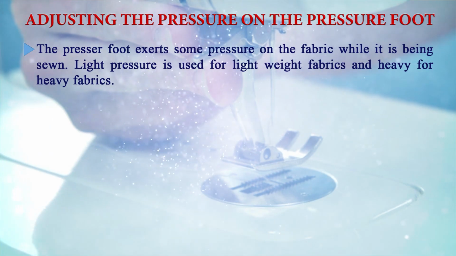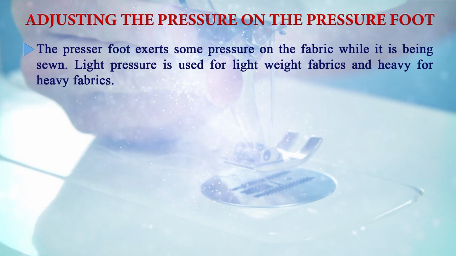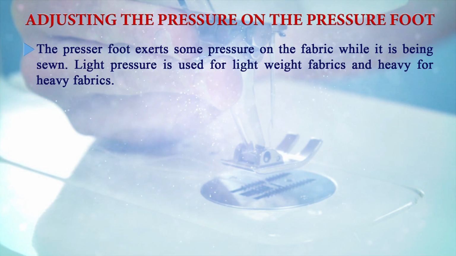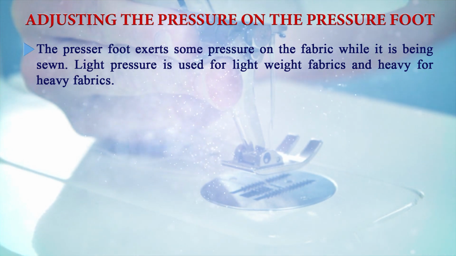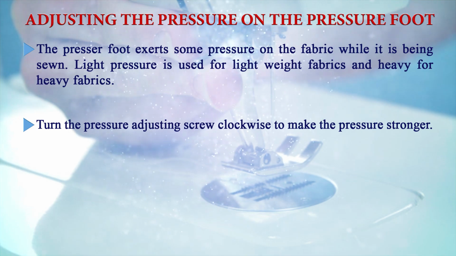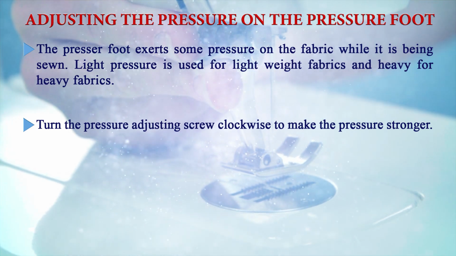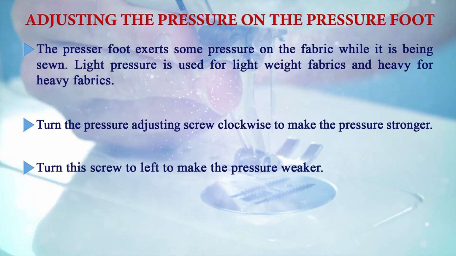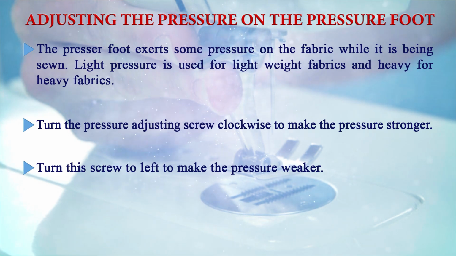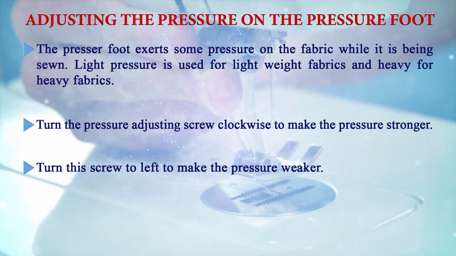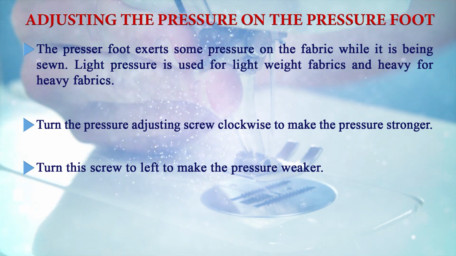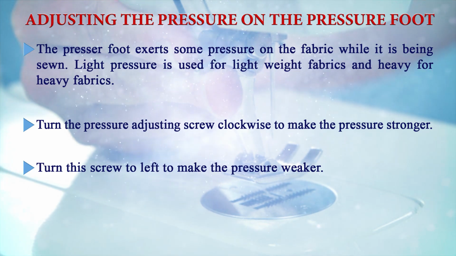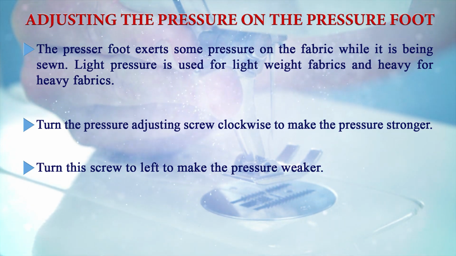The pressure foot exerts some pressure on the fabric while it is being sewn, and light pressure is used for lightweight fabric and heavy pressure is used for heavyweight fabric. So we turn the pressure adjusting screw clockwise to make the pressure stronger, and turn the screw left to make the pressure of the pressure foot weaker. This is how we can adjust the tension on the pressure foot according to the fabric we are stitching. If we are stitching a lightweight fabric, we can just